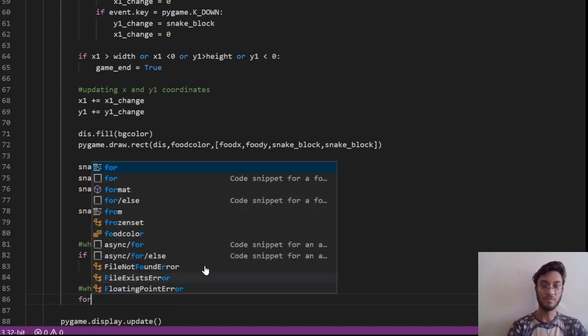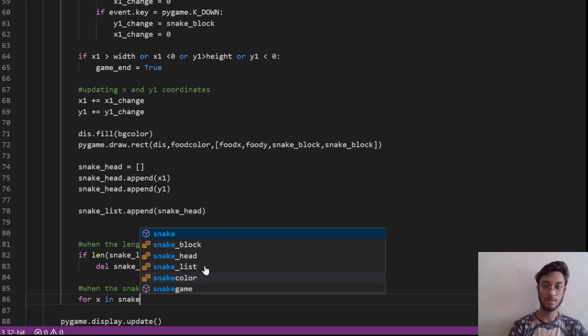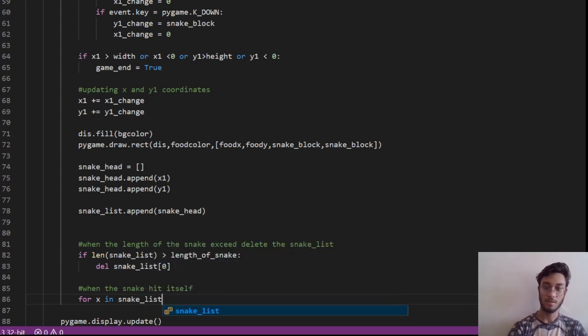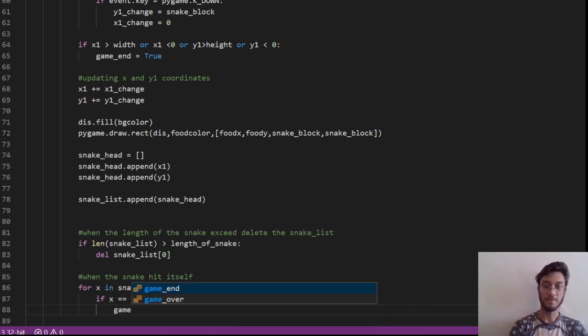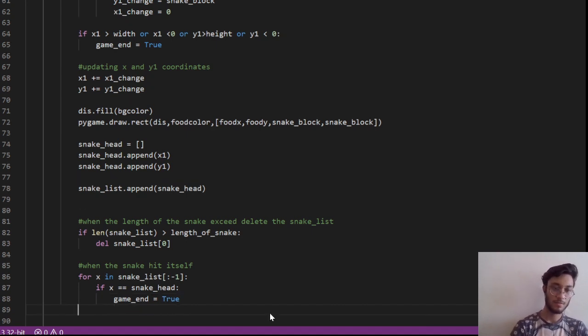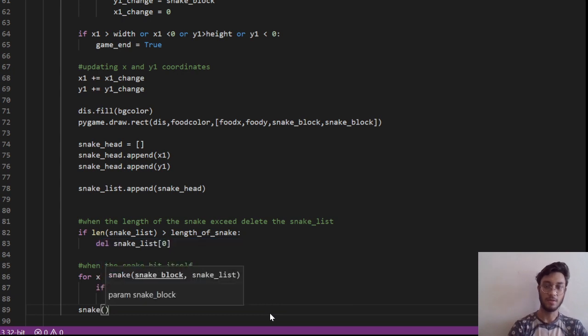What we are going to do for the list is index the values, and if it equals the snake head, then game end should become true, and we are going to pass the snake block.